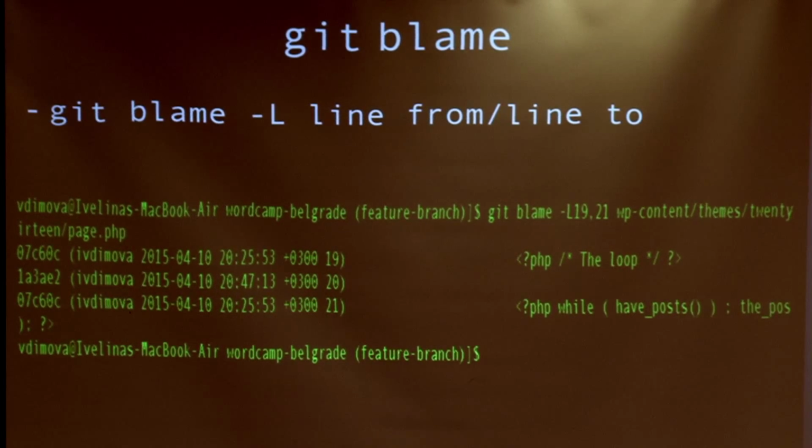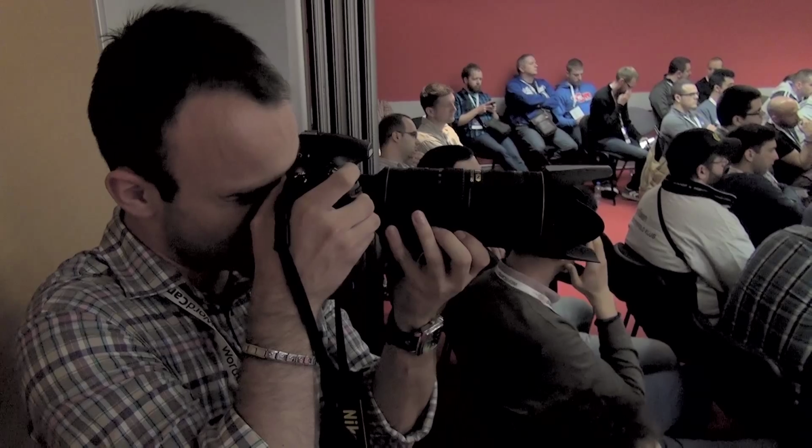Let's say that you need to see what happened in some file to resolve your conflicts or to just check. Git blame is a very useful command. How you can use it is to do git blame -L on the line that you want to see the changes to. As you can see here, I want to see the changes between line 19 and 21 in that file. And you can see here the commit reference, when it was done, by whom, and what the changes are. When debugging code, as I am doing almost all the time, that's also very useful.